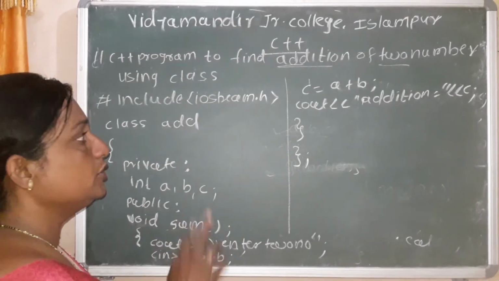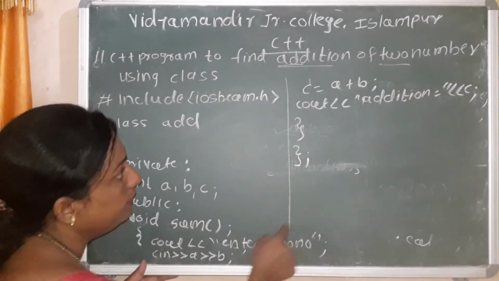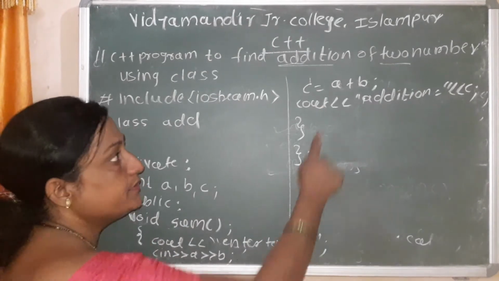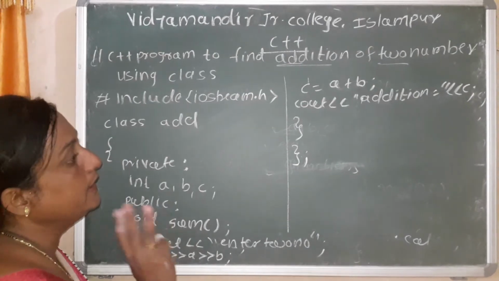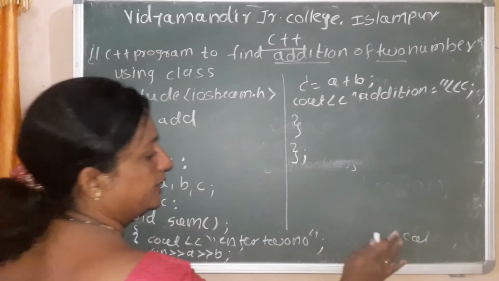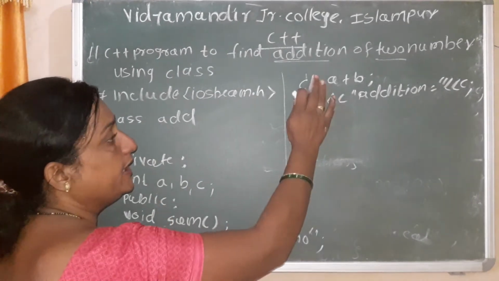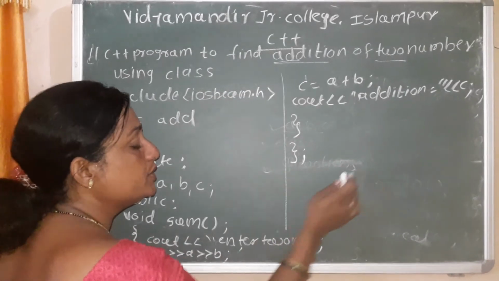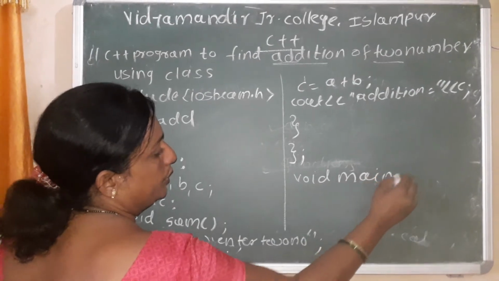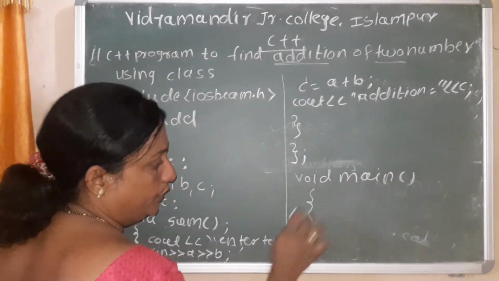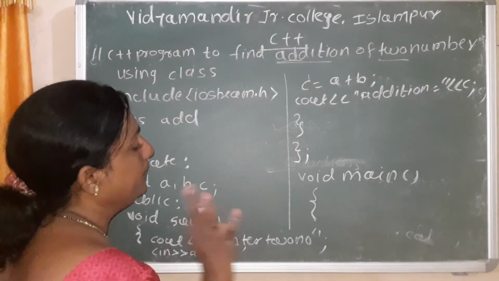Here we perform two parts. First one is a class declaration and second one is a function definition. Definition means implementation of the class. After that, third part of the class program is object declaration. Here we can't write the void main until after declaration and using of the functions; then we use void main. That is the actual programming part.